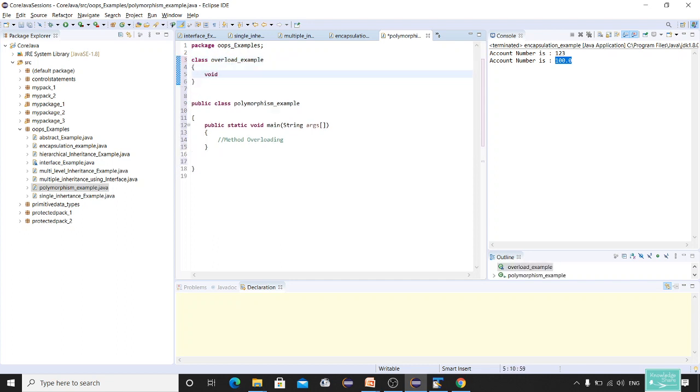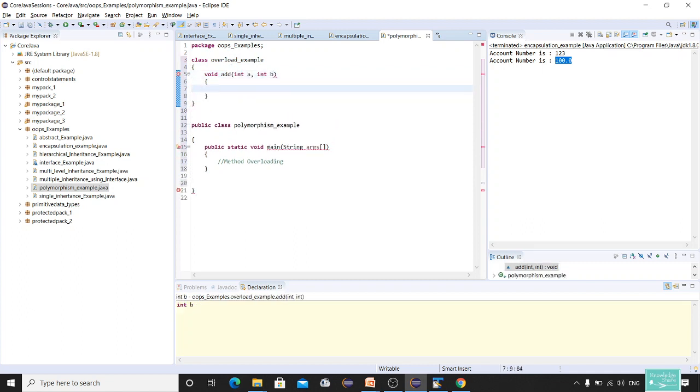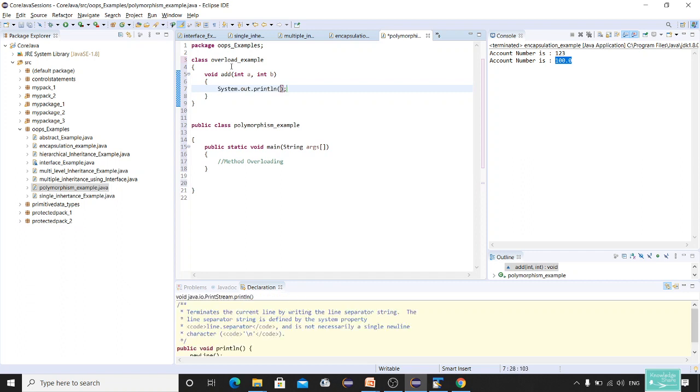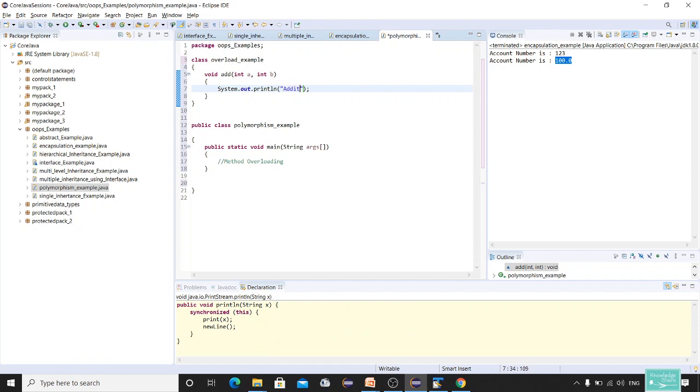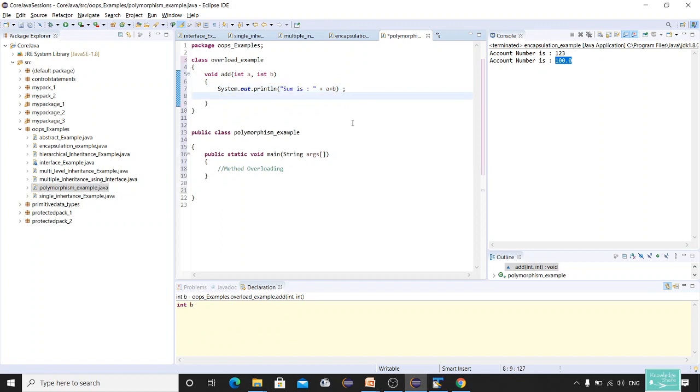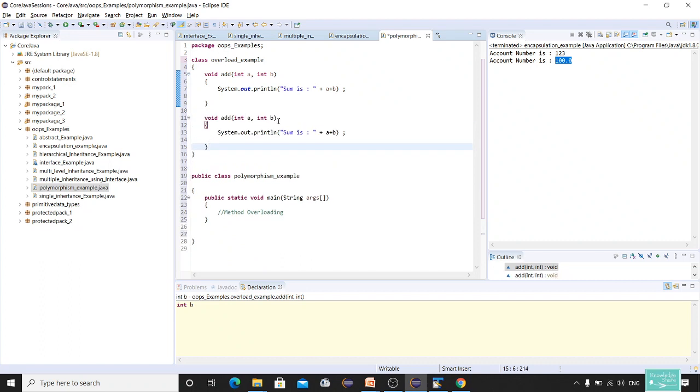I'll say void add int a, int b. That means I'm adding two numbers. And I'll call System.out.println, addition sum is a plus b.